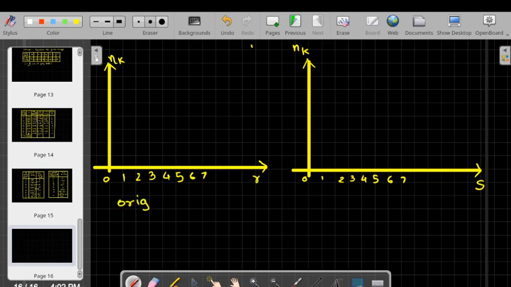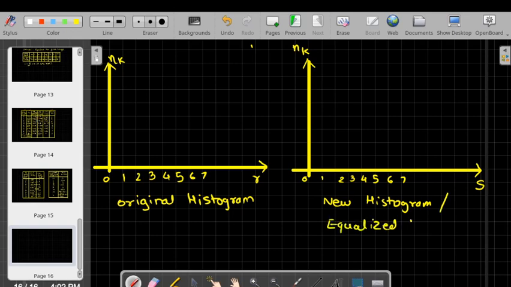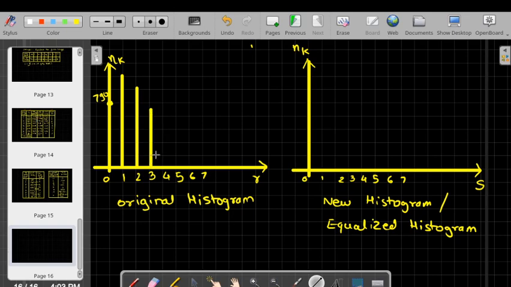This one is the new histogram, or we can say the equalized histogram. So for the original gray level 0 we have a total of 790 pixels. For gray level 1 we have 1023 pixels. For gray level 2 we have 850 pixels. Likewise we have to draw the